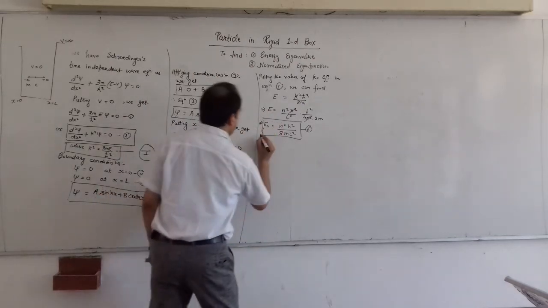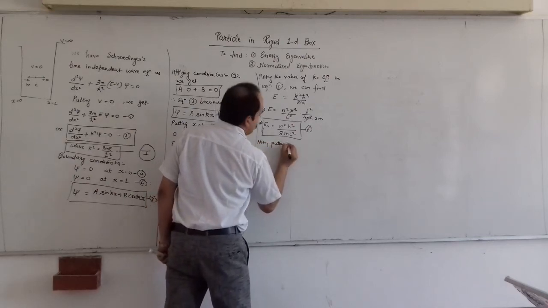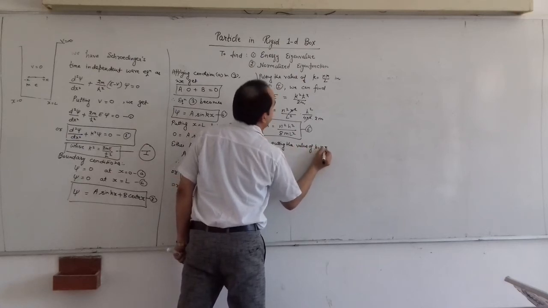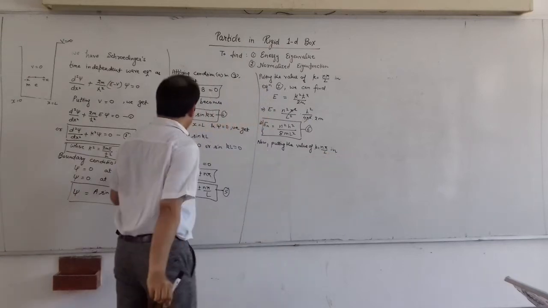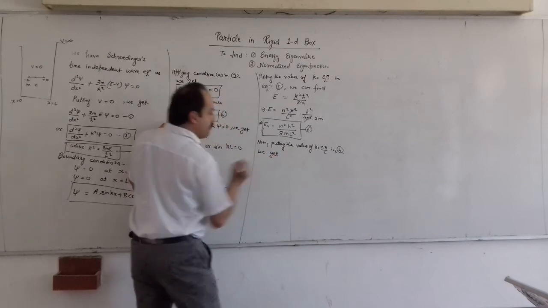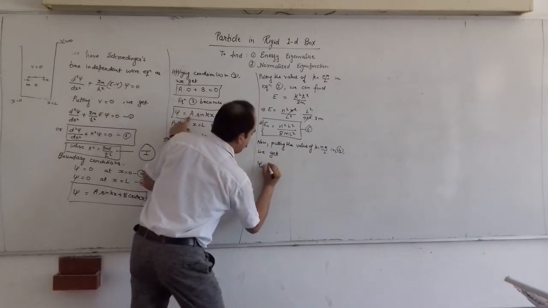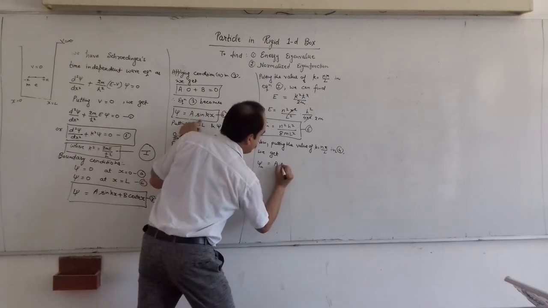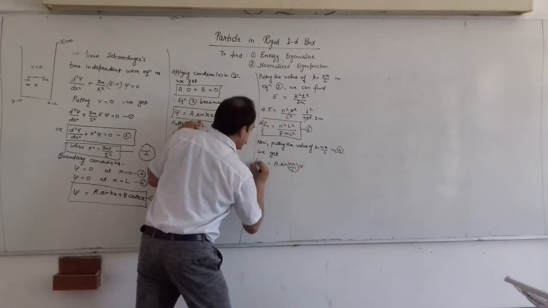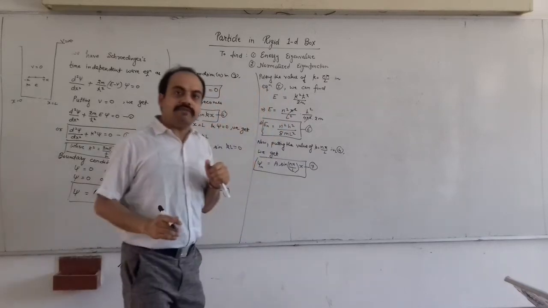The wave function will be, now putting the value of k equal to n pi by l in our equation number 4. In 4 we get, what will be our wave function? So psi n, again I am putting n as suffix, will be equal to A sin n pi by l into x. This is our wave function for an electron moving in a one dimensional box.